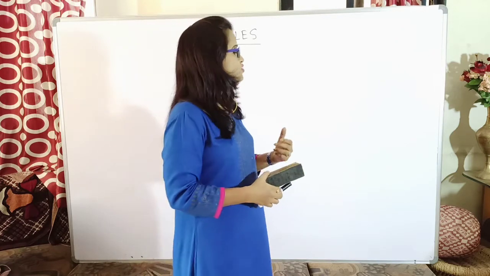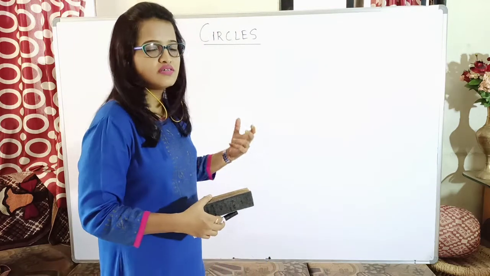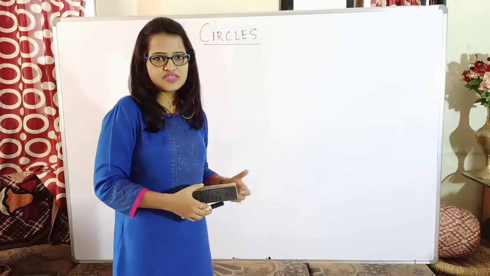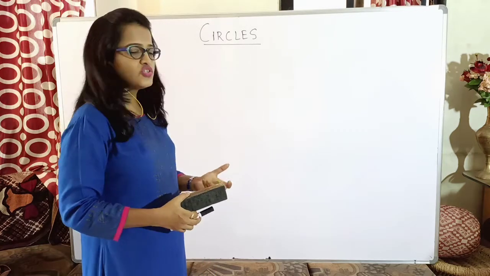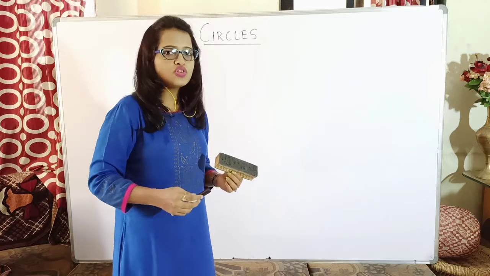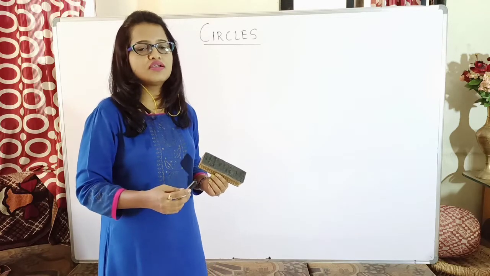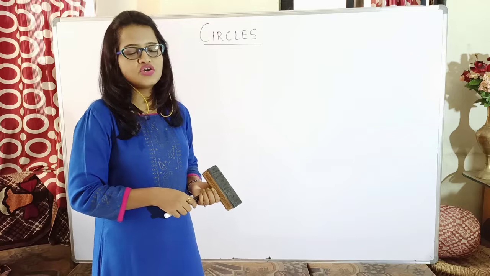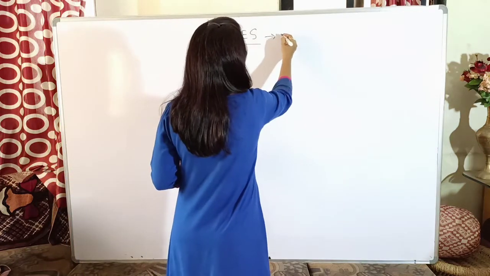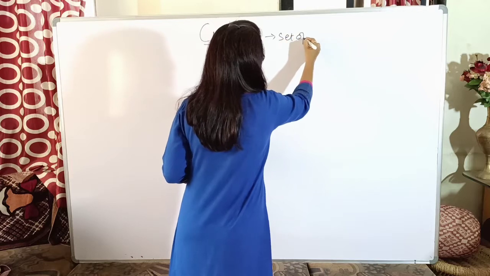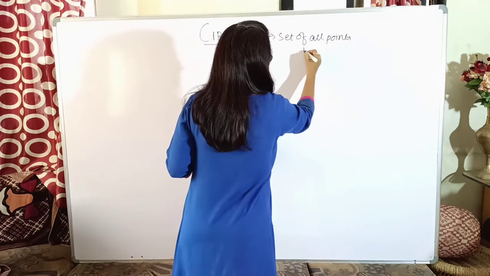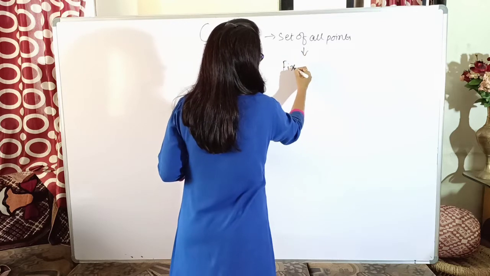So before proceeding to what actually is there or what are the theorems in the circles, let us first revise the terms. So the basic definition of circle is said to be circle is set of all those points which are at a fixed distance from a fixed point. Okay, so set of all points which are at fixed distance